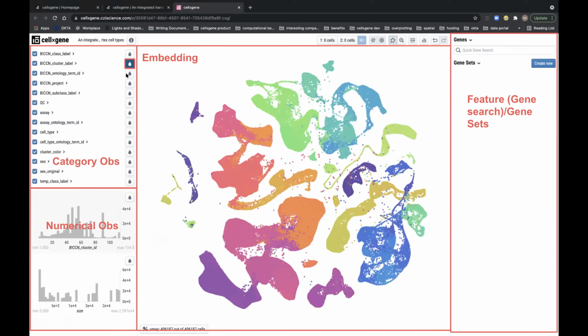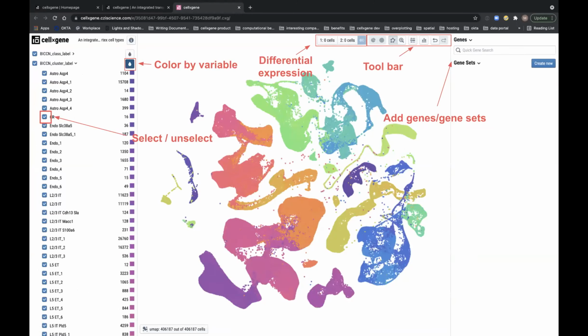And just a brief example. It's usually pretty interesting to be able to view these categorical metadata in relation to the embedding that's been computed. Here I'm just coloring by cell type. We see that there's a bunch of different collections, or clusters, of cells that have all been annotated as the same cell type, and they all occupy the same space on the embedding plot. We'll see a little bit more of that in a little bit.